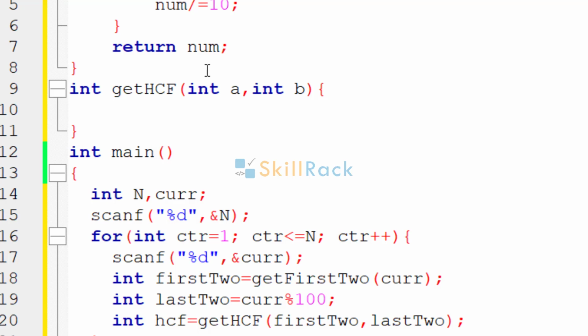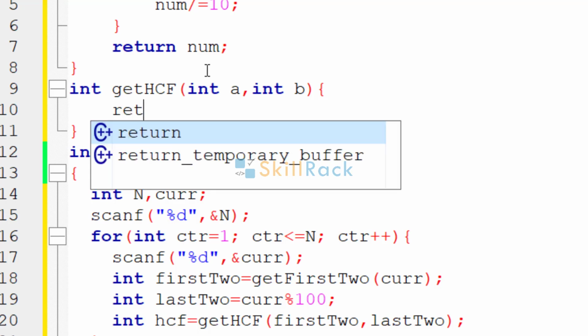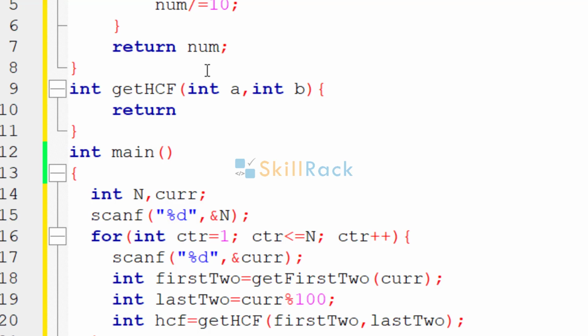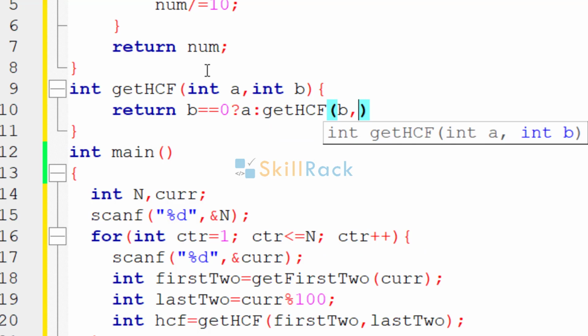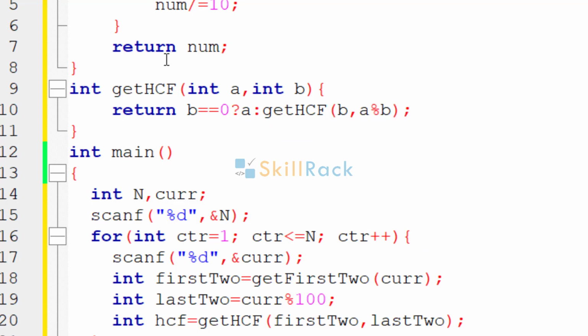Using the Euclidean algorithm, we will find the HCF. If b is equal to 0, then we are going to return a, else we will be returning b comma a modulo b. If you are not aware of this Euclidean algorithm, please search in our YouTube channel. We have already explained that.